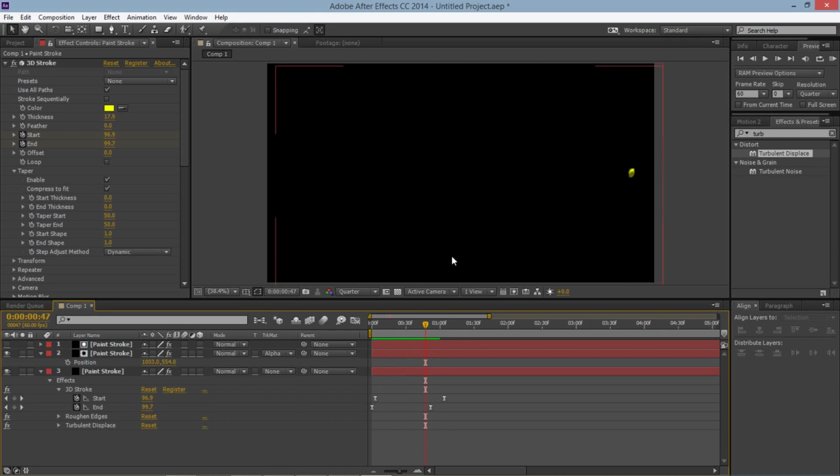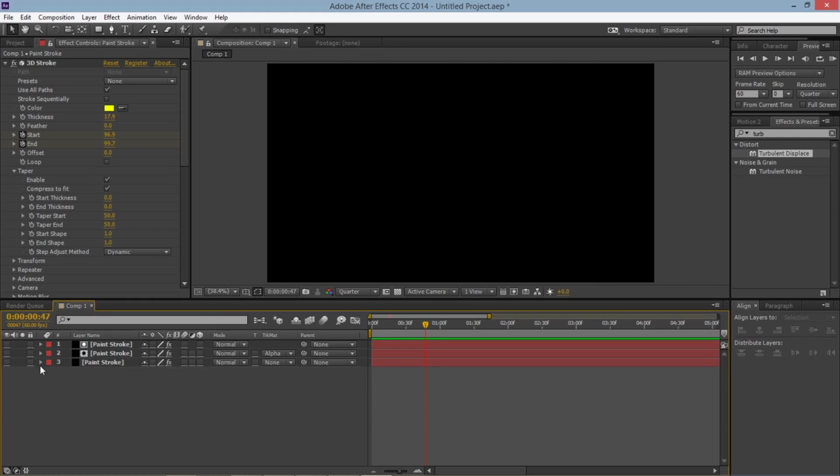So that's just the basic stroke. Now, I'm going to turn off the visibility for both of them, and now I'm going to show you guys how to make the actual circle burst, which you can see in a couple of my intros. Now, this is such a simple effect, but it just looks absolutely beautiful.